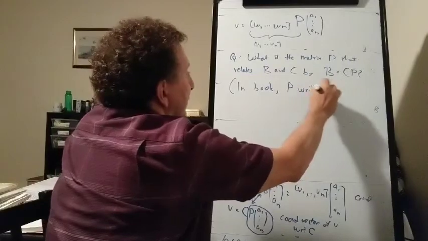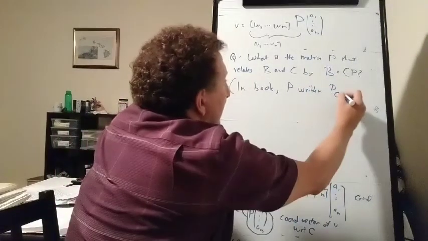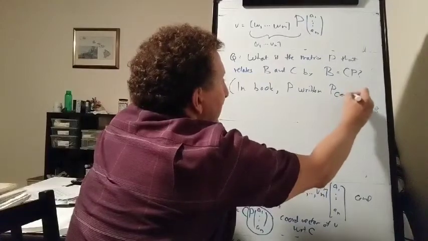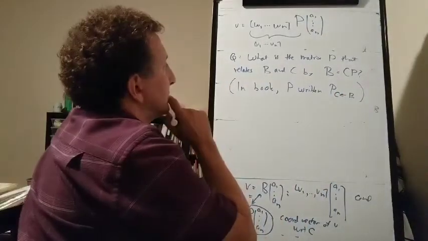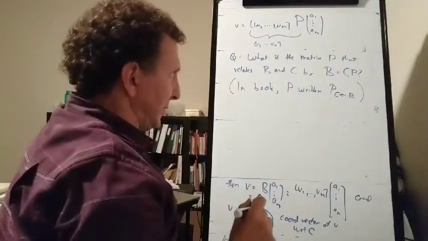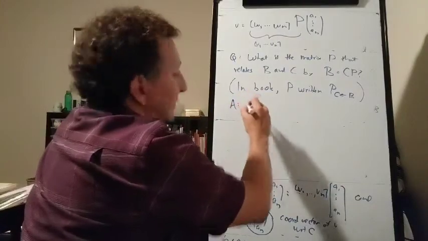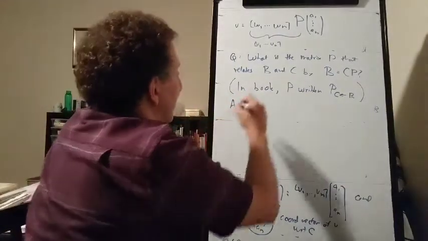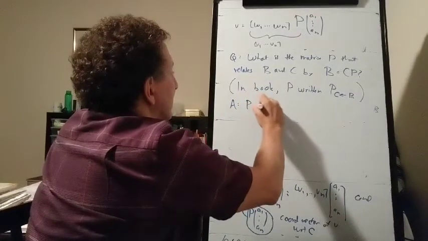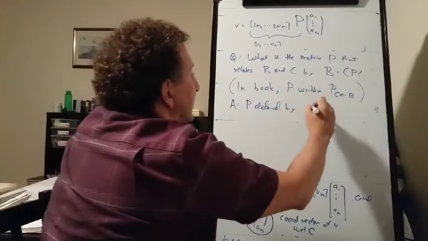This matrix P is written as P with subscript C left arrow B. I'm just going to write it as P for now. So the answer is that P is defined by